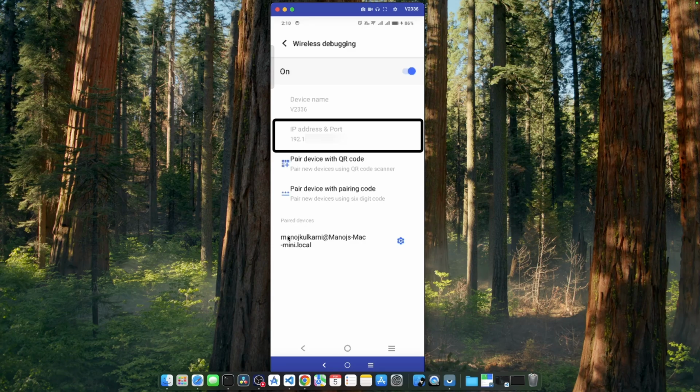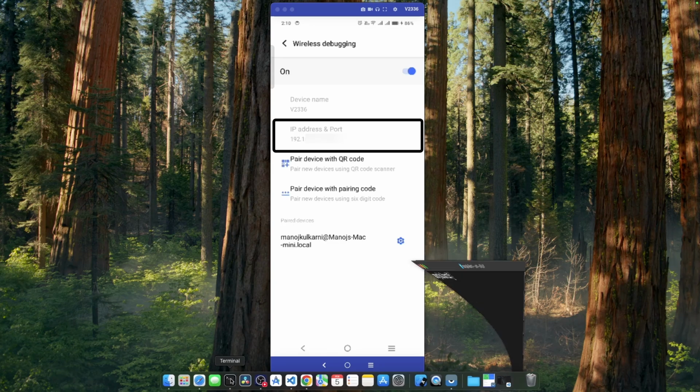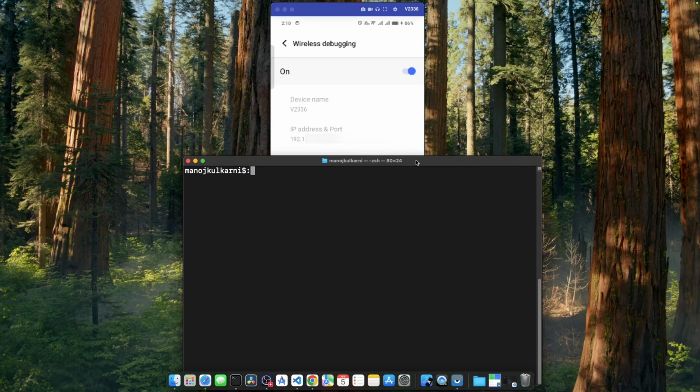So now let's open up the terminal and let's execute the command adb connect, type in the IP address and port number. Hit enter, and as we can see, we are getting a message connected to the IP address and the port number